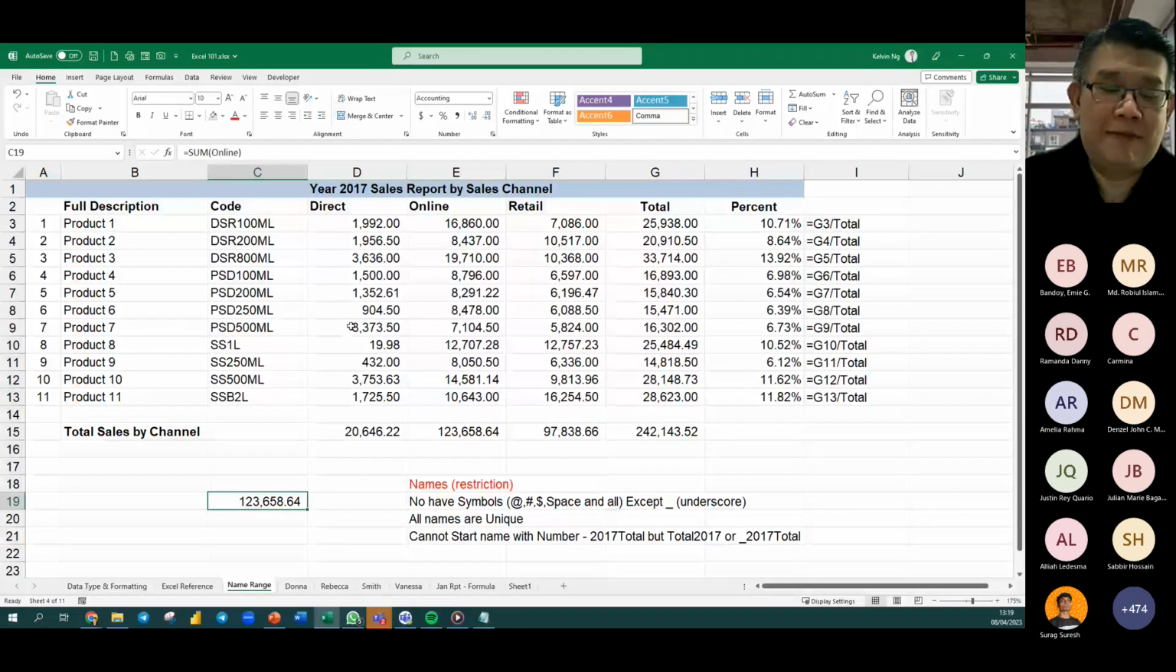Same goes if you name them horizontally. You can say, okay, what is the total sales for PSD 200 ml? So then sum PSD 200 ml. That's it. All right. So once you understand the concept, you can apply it in many places. So if I put this